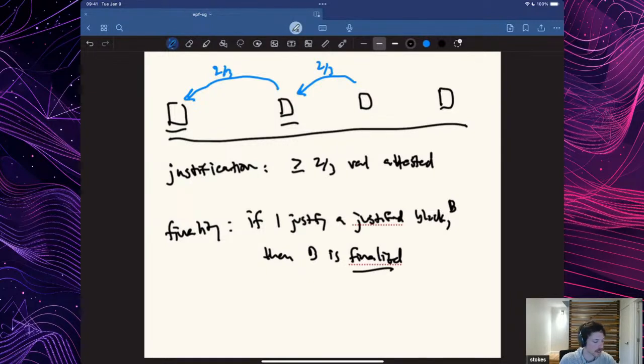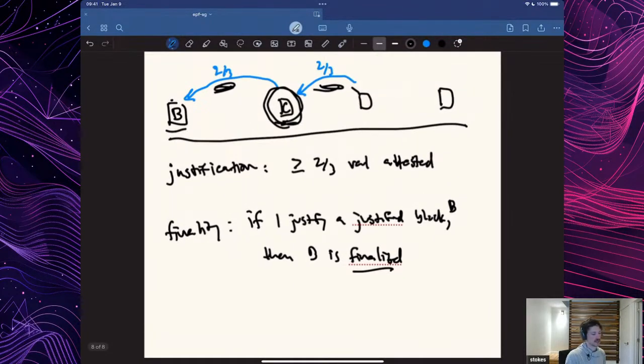And in this case, we'll call this B, because what happened is, you can't see my hands, that's too bad. But basically, before we had these votes come in, we had justified B in this epoch. And then we came along and justified this block, call it C, because we justified a block that had been justified, namely B. B is now final. And this is the whole point of what we're trying to do, get to this notion of finality.